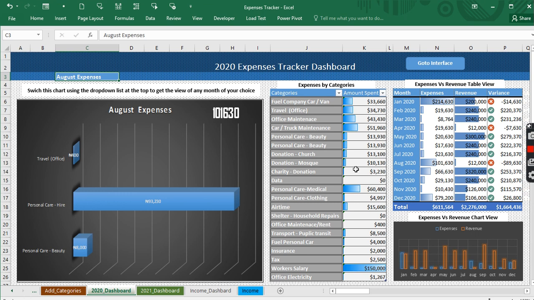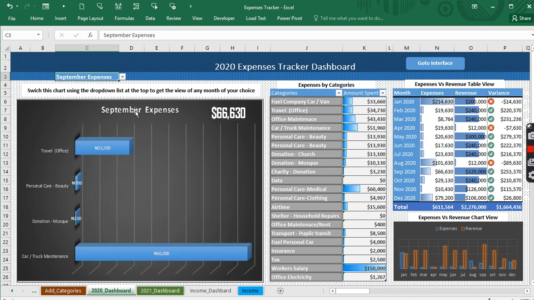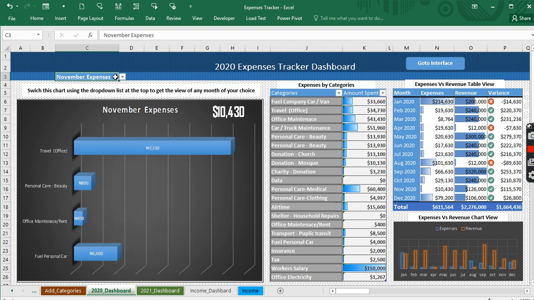In video number 6 we created a tracker, and right now we're trying to analyze the data we collected, which I'm going to show you in a jiffy. Let me show you the functionality of this dashboard that helps us track our expenses. You can switch from month to month. We are in August, now we switch to September, and we can switch from September to November and so on. If we want to compare and contrast all the months,